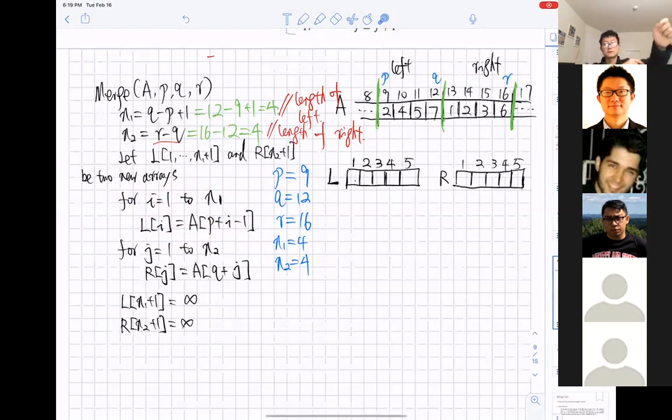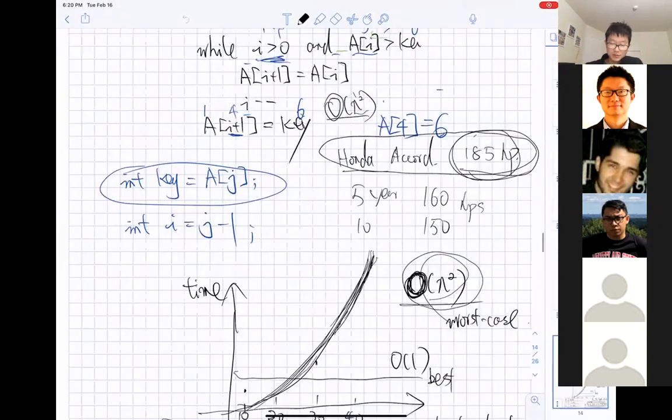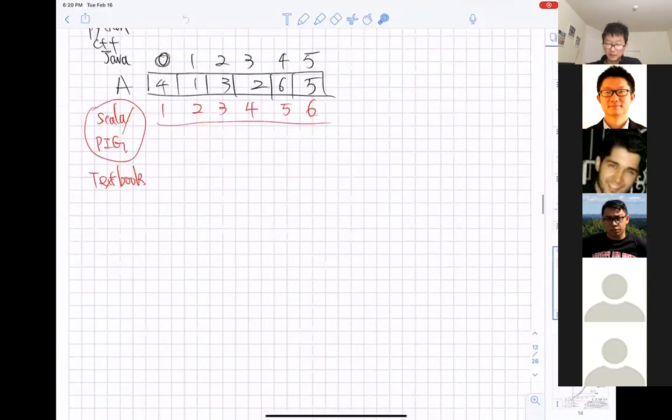If you remember, in our last lecture when we talked about the insertion sort algorithm, we used I and J. Here we create variables I and J, and we use them as the index of the array.